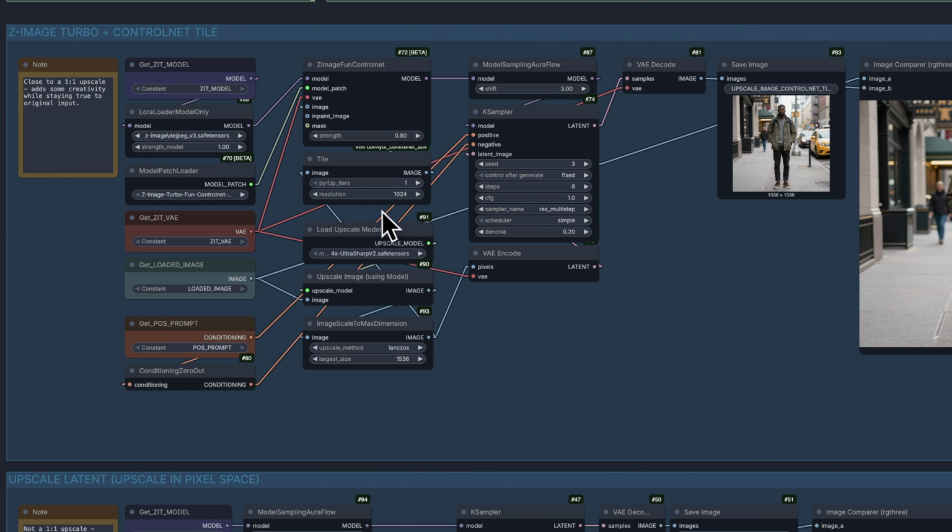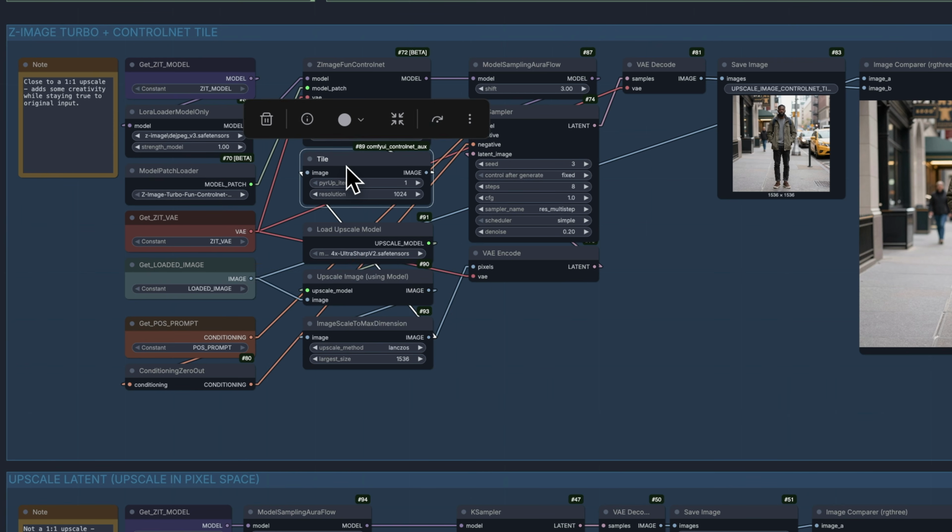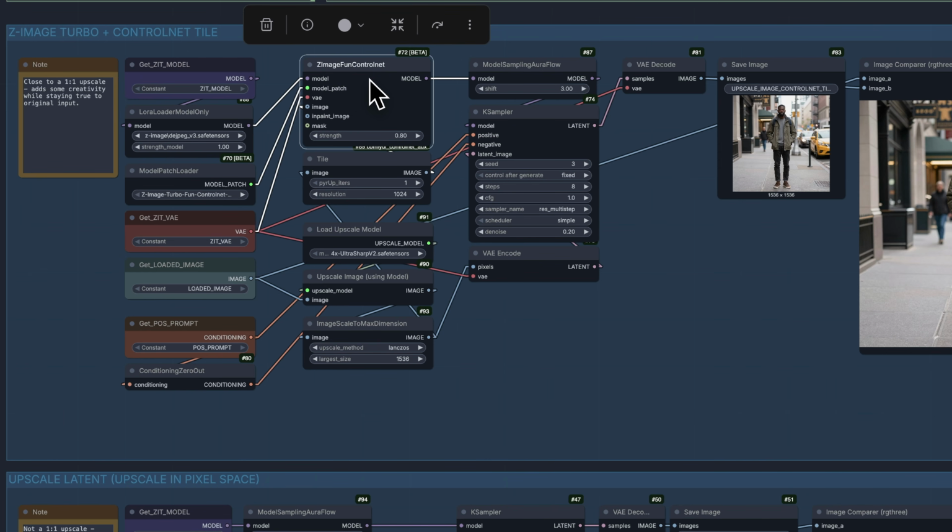And then we pass in all the usual suspects here for the VAE and prompt and so on. And then as far as the image itself, we're going to basically upscale and then also pre-process it. So the upscaled image, we're going to be using the Ultra Sharp V2 upscaler and increase the size of that image to 1536 at its largest size. So we'll pass this into the latent space of the K-sampler, but then also we're going to add it into this tile preprocessor for the ControlNet. So this will look at it at a resolution of 1024